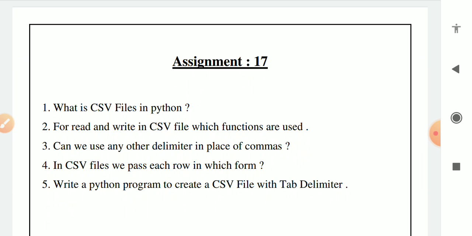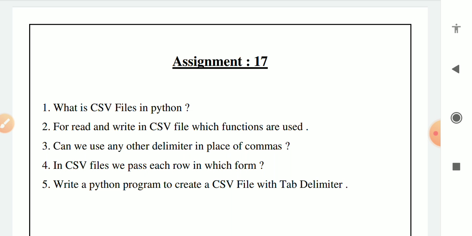Question 3, can we use any other delimiter in place of commas? Question number 4, in CSV files we pass each row in which form? That is, in a CSV file we pass each row in the form of a list. Question number 5, write a Python program to create a CSV file with tab delimiter.